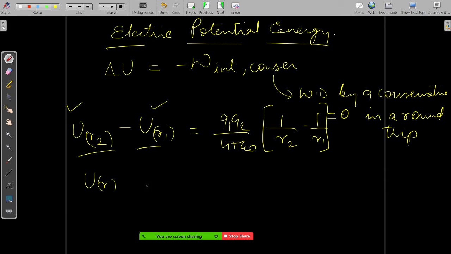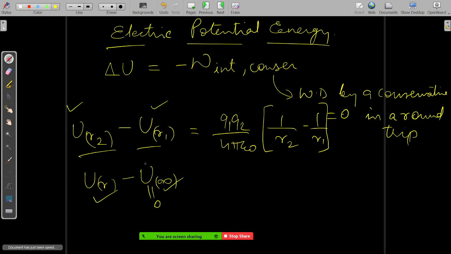First thing, we don't define potential energy at a point. If at all we want to define something like this, you have to assume another point where you are assuming that the potential energy is zero. So instead of R1, we are considering some point at infinity, and we assume that the potential energy at that particular point is zero. So we are bringing two charges; the distance between two charges was infinite initially, and then we have brought it to a distance of r. So this is the final position, and this is the initial position.